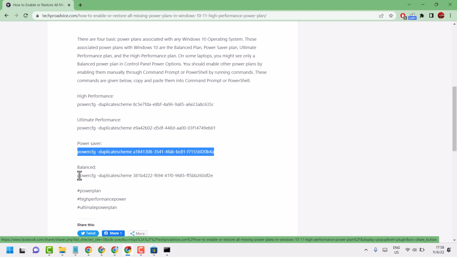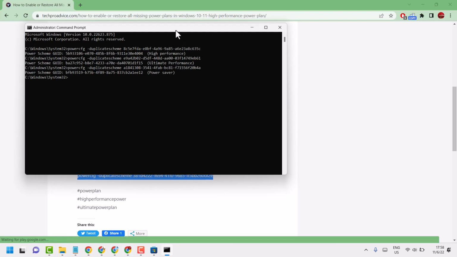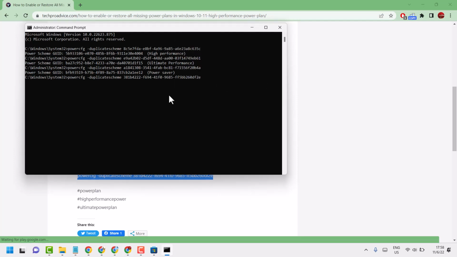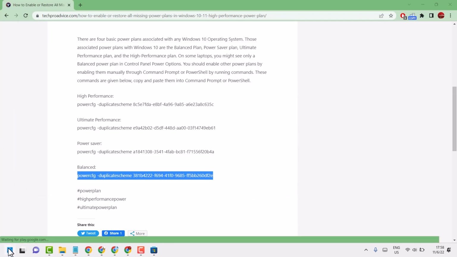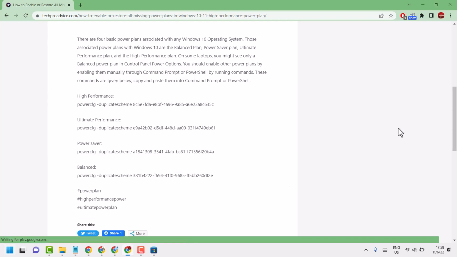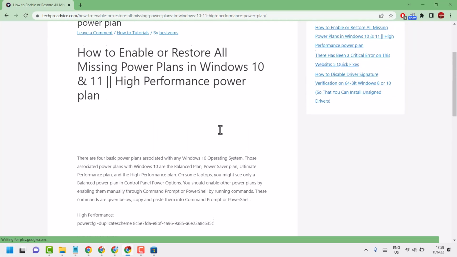And this is the balanced. Copy and paste here. Now close and exit this command prompt. Restart your system. So this is the way, guys, you can enable and restore all missing power plans from your